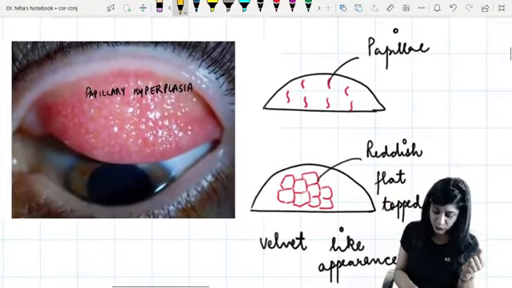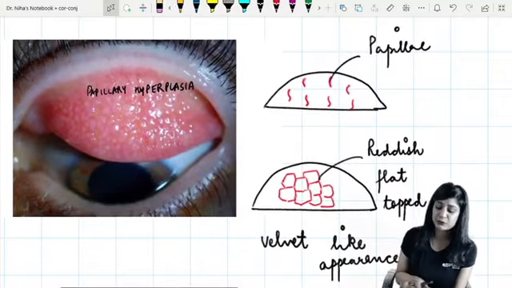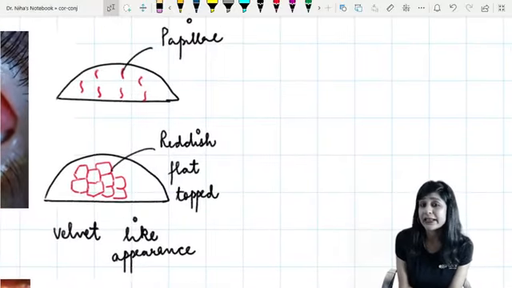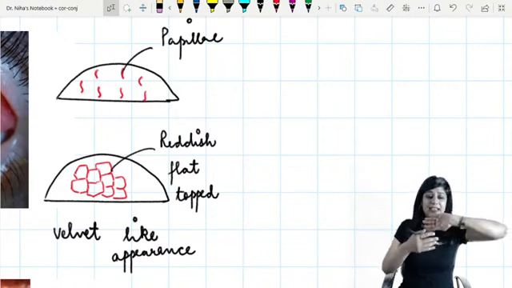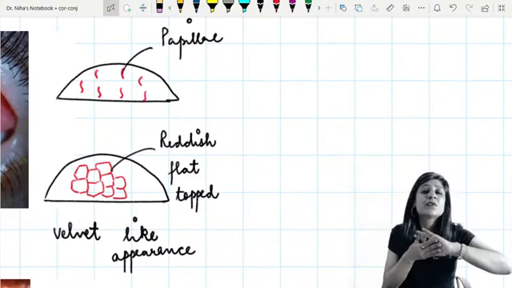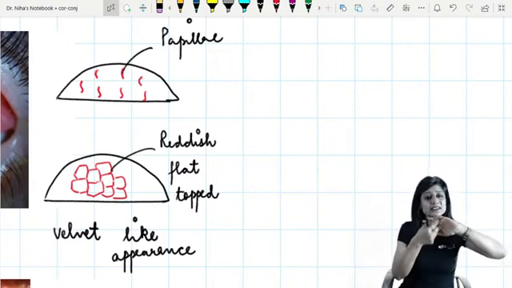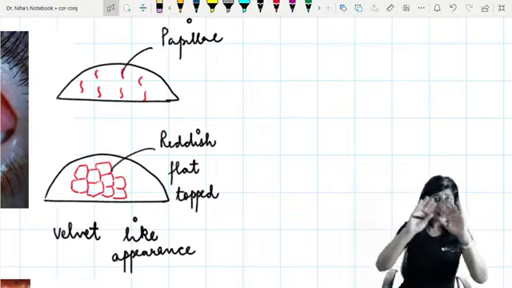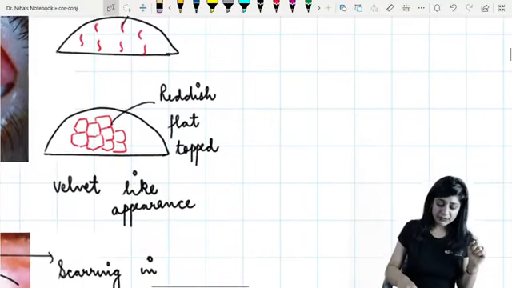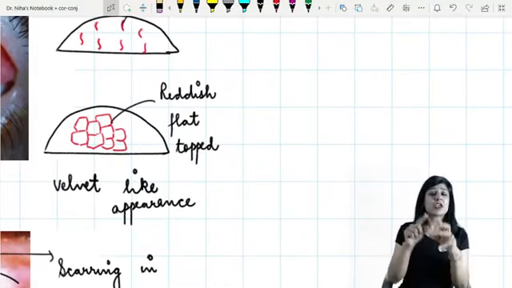Now most of the students have some confusion. What is papillary hyperplasia? First of all, try to understand what is papillae. So when you invert the eyelid, you have the blood vessels there. These blood vessels are called papillae. So when we have the hyperplasia of this papillae, they will become something like this, radish, they are flat topped,